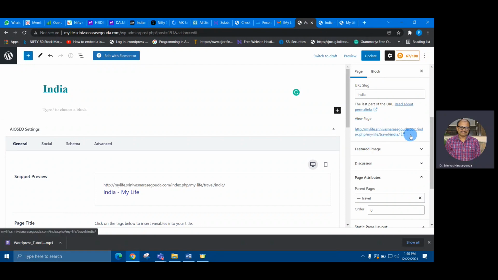Now looking at this one, you will understand what the page attribute is all about. As you can see, website name is there, and then My Life, the main tab, and inside that travel is there, and inside that India is there. So that hierarchy I'm trying to create here.